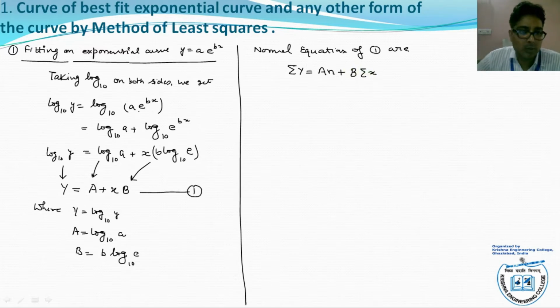And corresponding to constant B, the coefficient of B is small x, so multiply the whole equation by small x, so this becomes sigma x into capital Y is equal to A into sigma x plus B into sigma x square. Solving these equations